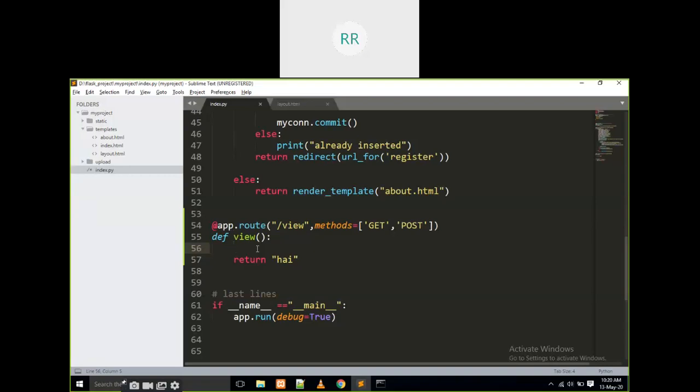Inserting data should be shown. Yes, the data, to view the details. That means first of all we have to get the data. The view is we have to get the data from the database, right?